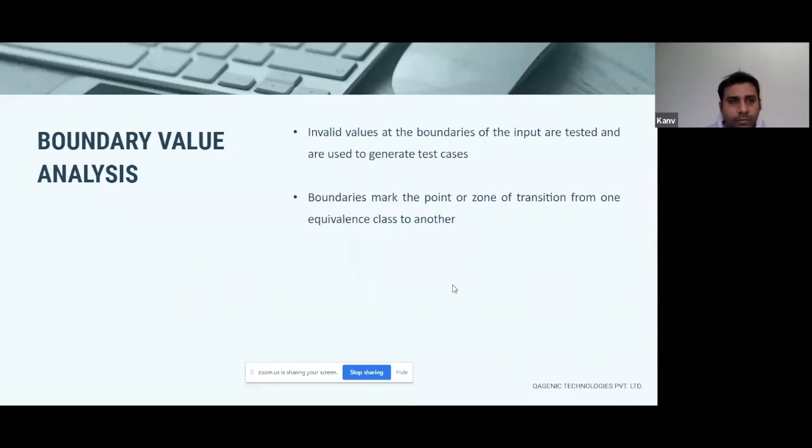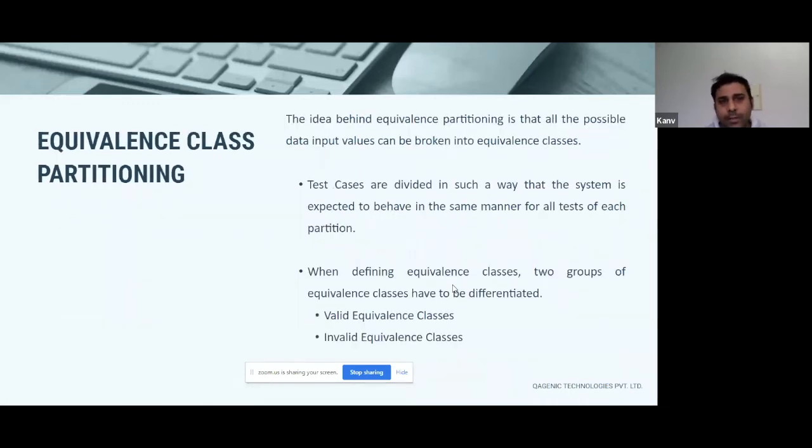Okay, moving on from boundary value analysis is equivalence class partitioning. The idea is that you test all of the possible input values within a particular range. So in this case of the registration, where you're only able to register if you're 18, the few values we tested were 17, 18, and 19. Along with that, we also need to make sure that between the range of 0 to 17, if somebody's 13, if somebody's 10, are they able to register or not? And similarly, if somebody's 60, somebody's 80, they should be able to register.